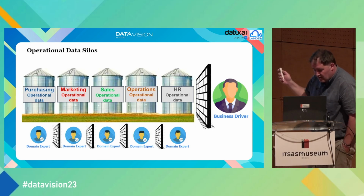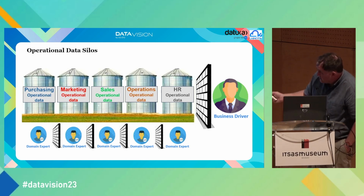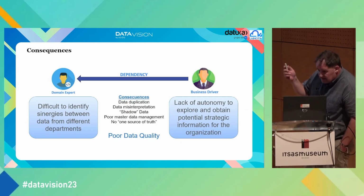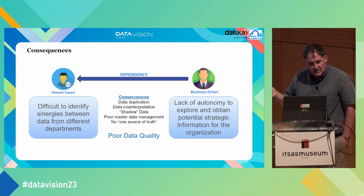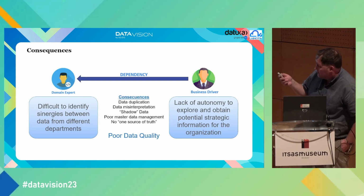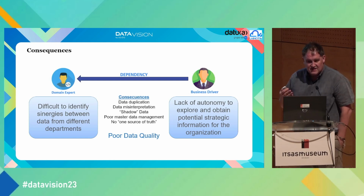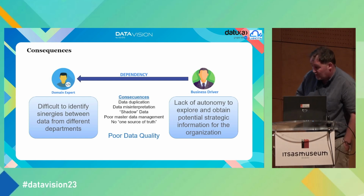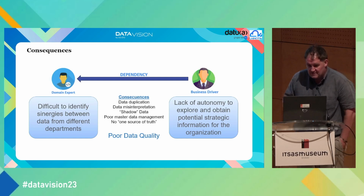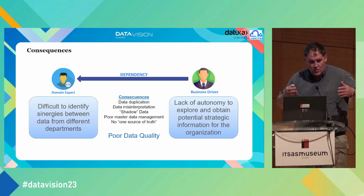In their organization. So this has some consequences, and I'm just mentioning a few of them. First, the domain expert, because they are focused. Obviously, each company is different, but the bigger the company, the more silos you will find. It will be difficult to identify synergies between the different departments. So there is no easy integration that could be done between them because of this way of managing